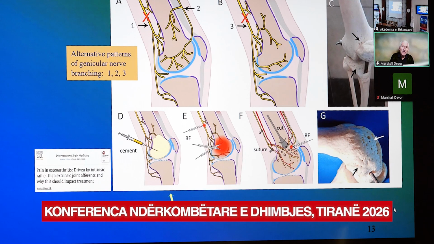On the other hand, if the innervation serves both intrinsic and extrinsic tissues, then we would expect perhaps some individuals to have a benefit of genicular nerve lesioning, others a little bit less, depending on the breakdown in the individual patient of how much of the innervation in the subchondral bone is destroyed. The third option, or number 2 option, where one is destroying only the intrinsic innervation, that ought to leave the normal innervation, which is important for knee functioning. That would leave the normal innervation of the joint intact, but only destroy the intrinsic innervation, which innervates the subchondral